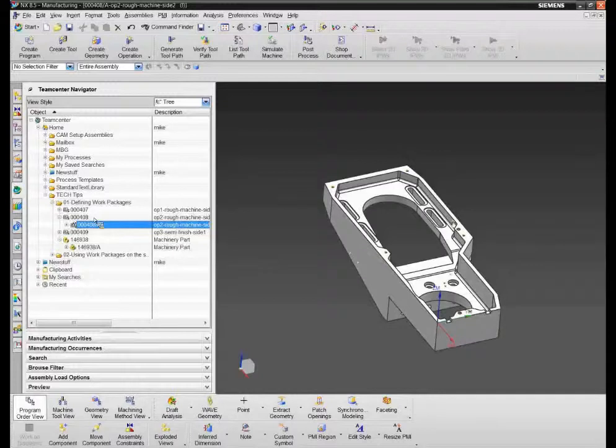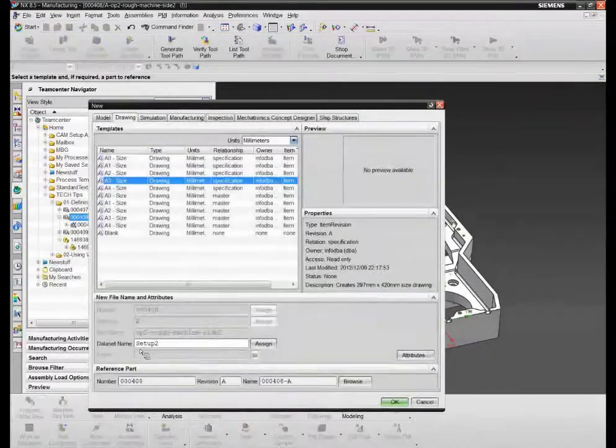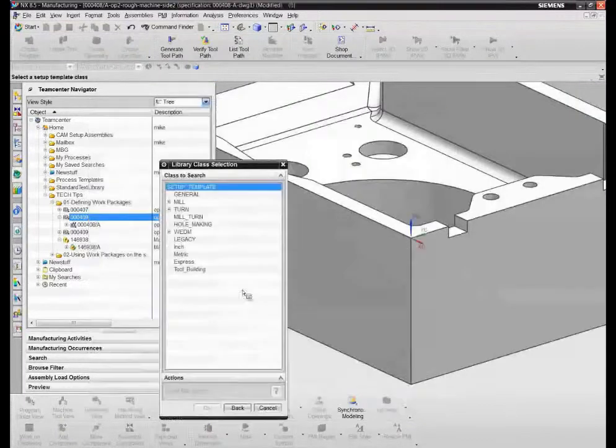The other thing that we can do in this environment is, for example, think about our work instructions. Again, if we create a new drawing, so if we choose to create an A3 drawing, we can give it a name. So this is setup 2, sheet 1. We know we've got to give instructions and details to the guys on the shop floor. So if we hit OK,